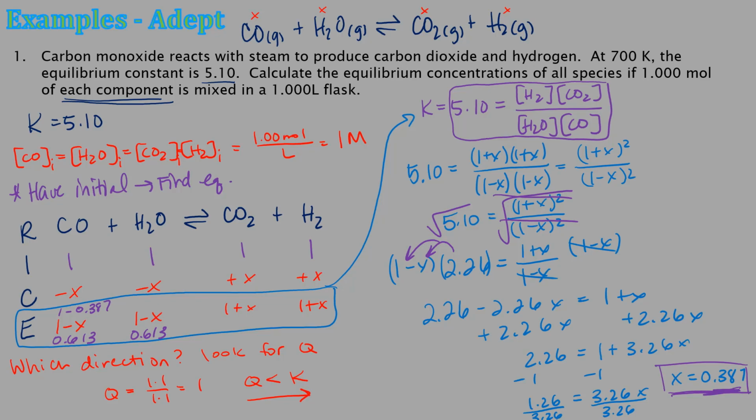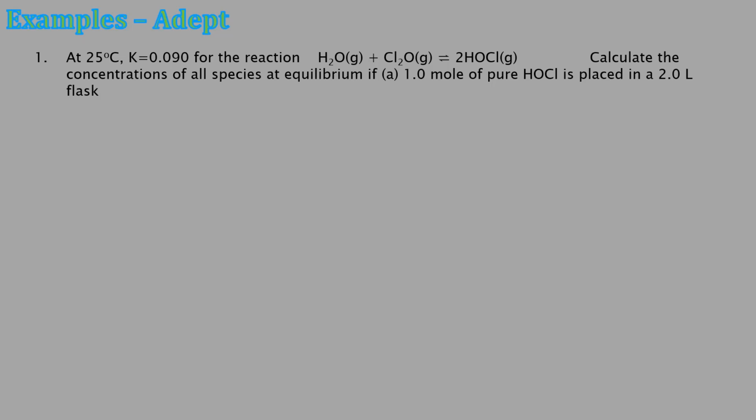And then at equilibrium, carbon dioxide and hydrogen gas, we're going to add the 0.387 to 1, so you're going to get 1.387. And so those are the values there. All right,